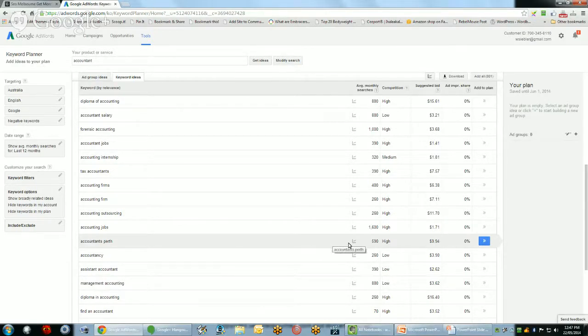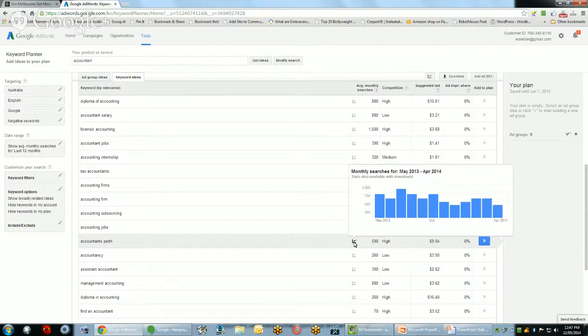The other thing that I always look at is this little tiny graph icon here, and what I do is I look to see some degree of consistency in those blue bars. So what can happen with searches is a term might spike for some reason for a very short period of time, but it's not indicative of the regular search volume. So all I look at here is that there is regular searches for the term every month, and then I go, okay, yep. That's a popular keyword, it's a consistently searched keyword, therefore it would be worth optimizing for. So that's the most basic